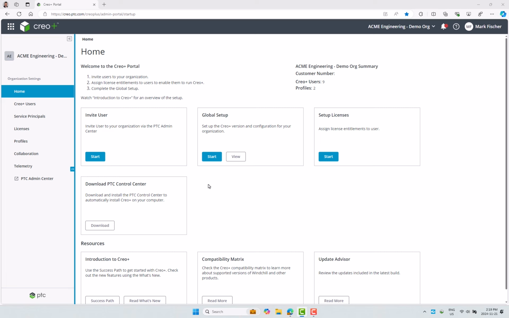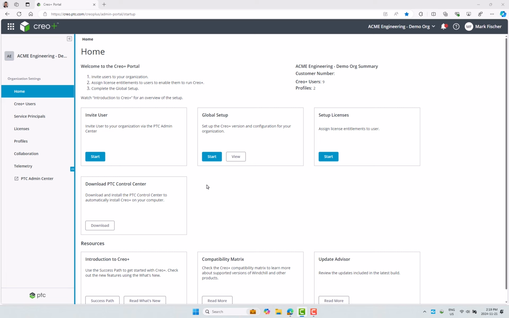With prior builds of Creo Plus, to generate Creo View data, administrators would leverage the standard Creo View Adapter for Creo, along with the same version of on-prem Creo that Creo Plus was based on. However, with the deployment of Creo Plus build 12000, PTC needed to deliver a new Creo View Adapter for Creo Plus. This would allow the adapter to use the PTC Control Center and Creo Plus for the publishing of Creo